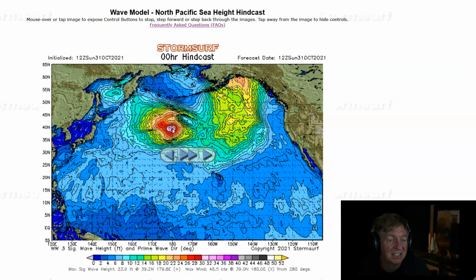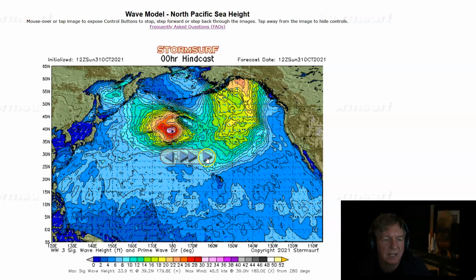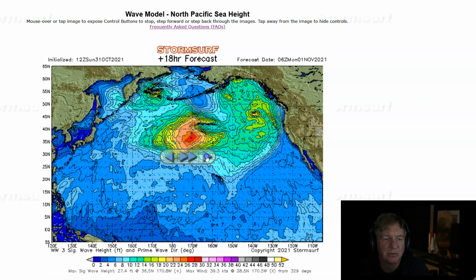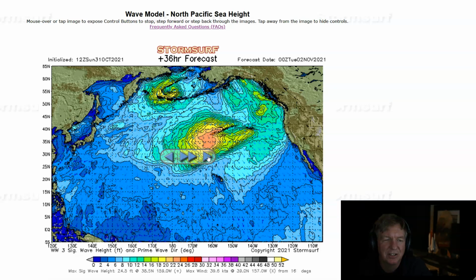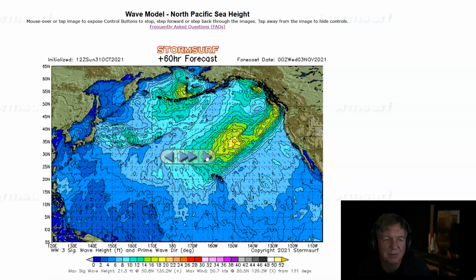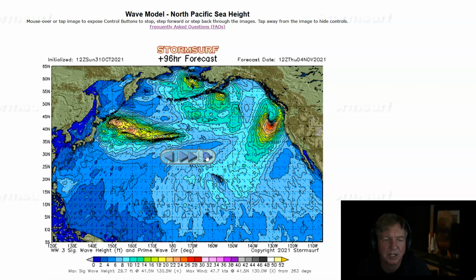But then, the next gale in the system, right behind that, right in the same position of tropical origin, hang on, and it started building Sunday morning, pushing over the dateline, again with like 28, 29-foot seas, then pushing north of Hawaii. Hawaii's right there as we get into Monday with 26-foot seas fading to 23 feet, and then pushing off east from there, potentially winding up off California as we get into Thursday with a little tiny area there